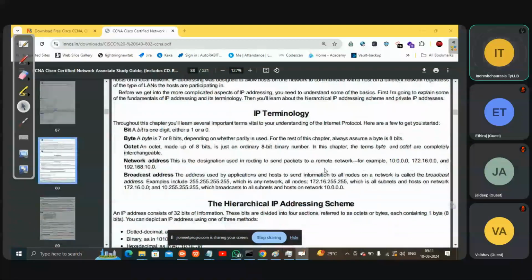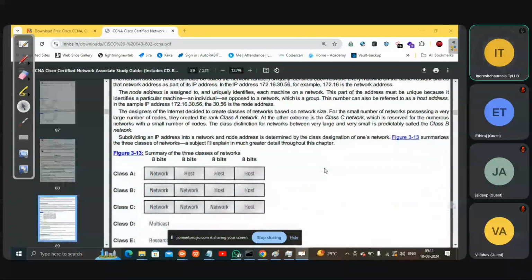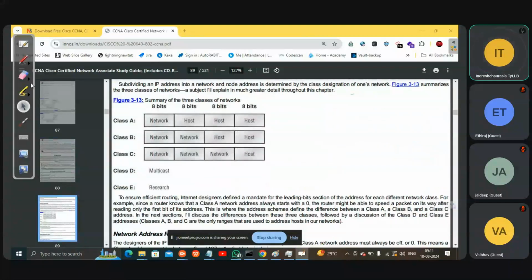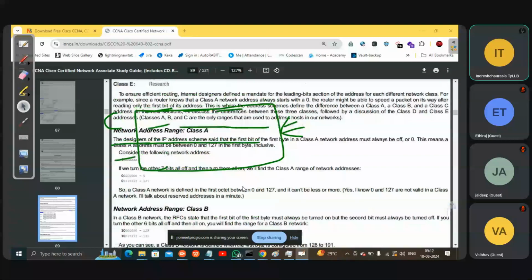Yeah, this is the subnetting part. Here everything is mentioned. See, networking, class A, class B, class C, 8 bits, network, host, everything is there, so that you don't need to come again and again to watch the video. Just study through it, make your questions, make your notes, and then ask the question either one-to-one or in the class.